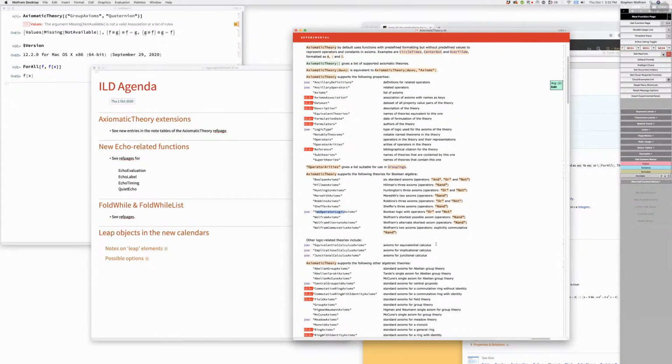Now, are you going to give the list of operators for some of these other ones or not? Perhaps not, it's too complicated. I think those are what will go on the subsidiary documentation page. So those ones like equivalential calculus, those come from NKS, is that right? Are they non-minimal or are they for humans or are they minimal ones? I think they're for humans. They have easily nameable axioms for the most part.